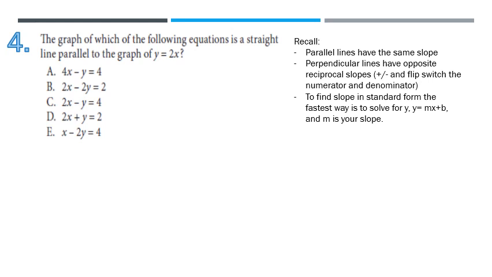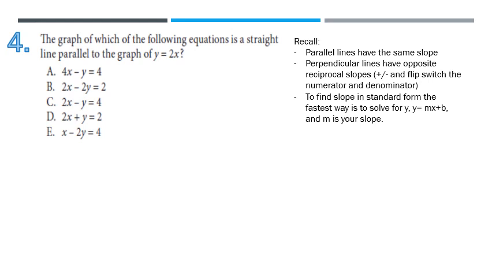So to find slope in standard form, the fastest way is to solve for y equals, and write it in y equals mx plus b, and identify your slope. However, because this problem, oh yeah, that's right, it's over here. I was on the wrong problem in my mind. So we're going to quickly isolate y. So when we're looking here